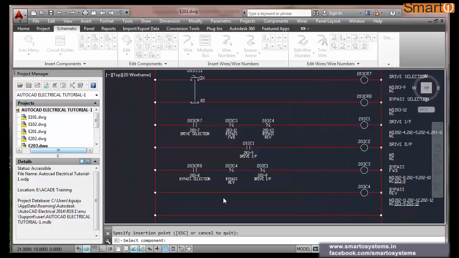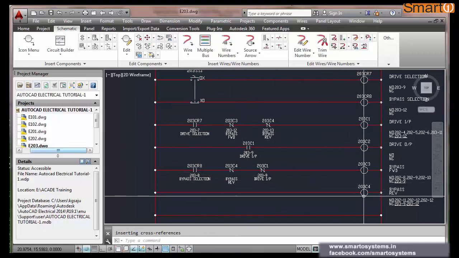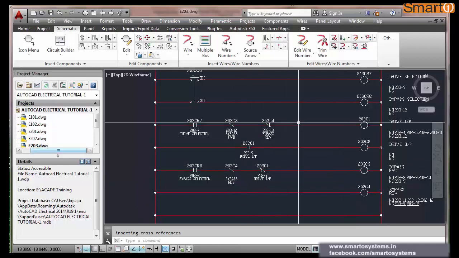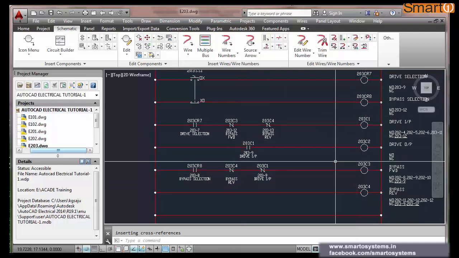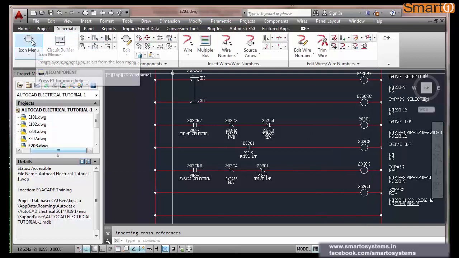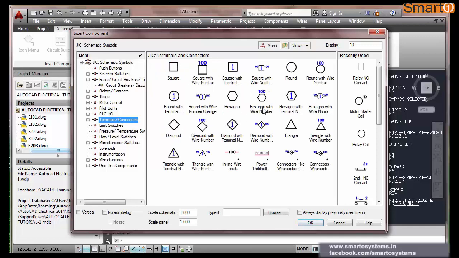C1. Bypass selected and the reverse is off, input is off. Then this gets on. Bypass. I will put two terminals as well here. Terminals, hexagon with the terminal number.